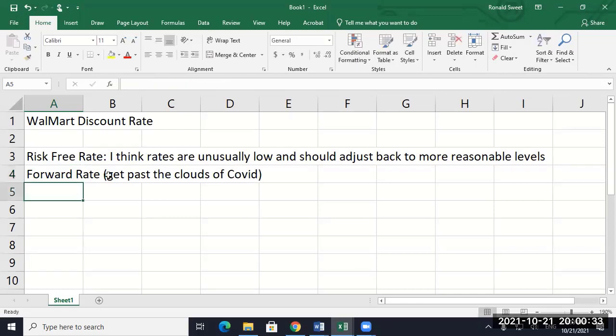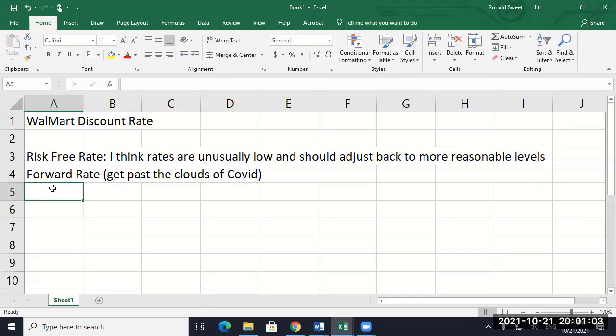I'm going to make some kind of argument like that. Yes, I realize the 10-year treasury has been low for quite some time. However, coming out of 2019, the treasury rates are getting up there pretty high. I might even show that we're starting to get back to at least 2.5%, 3% treasuries, and COVID destroyed all of that. I think we're going to get back again after this is over. So I don't want to use the current 10-year treasury, so I want to use the forward rate. All right, and so I'll use the forward rate.